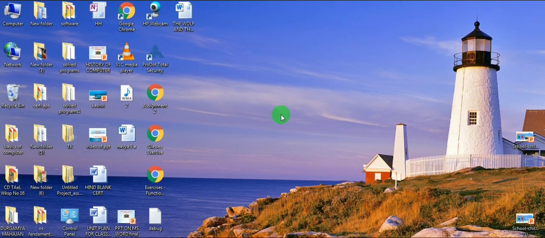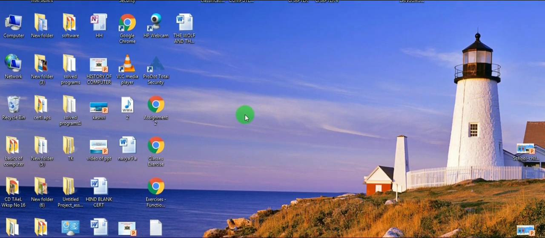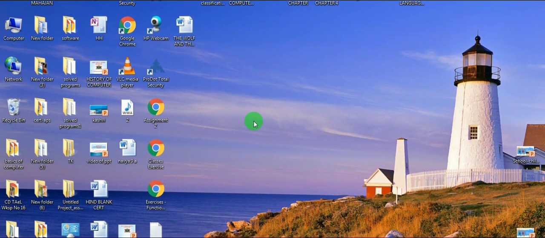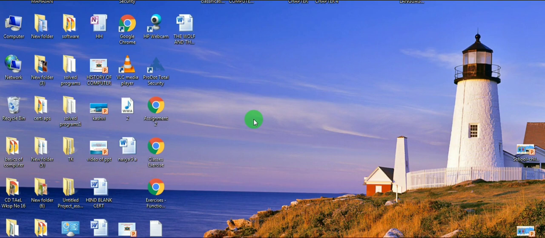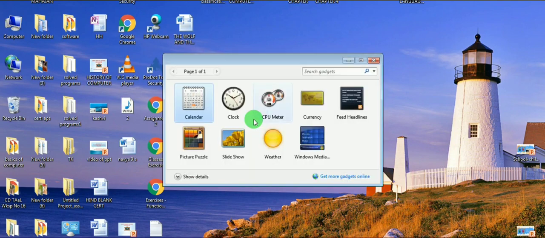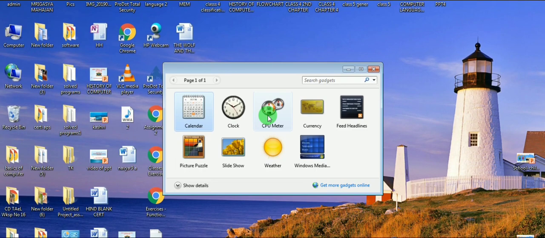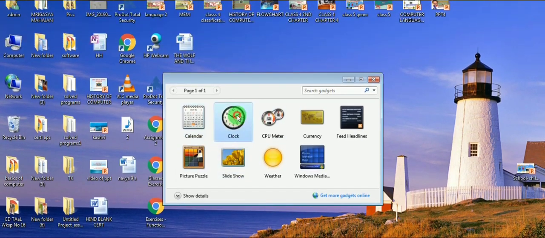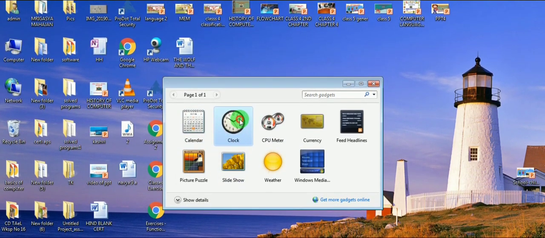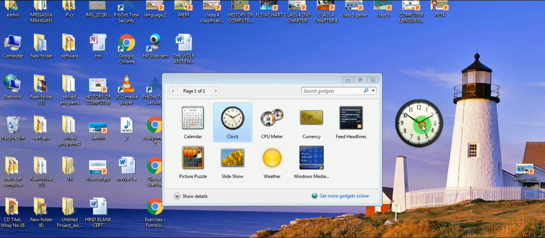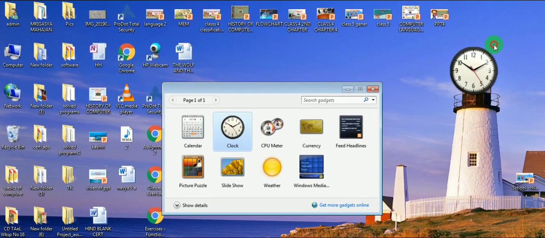Now in my computer screen, I have so many options. Now I want to show this clock. So what do I have to do? I will just click here and drag and drop the clock.